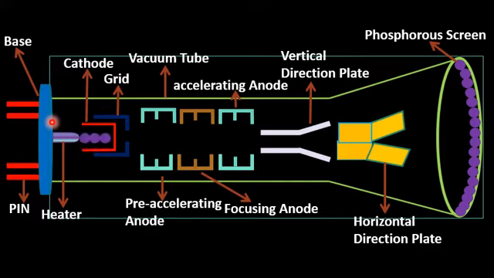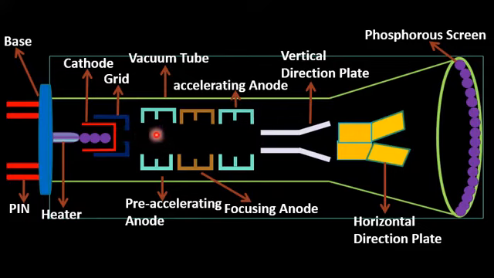When the heater heats, the cathode which covers the electric heater, due to thermionic emission, will result in the production of electrons, and the electrons will be focused and moved in a faster way by the